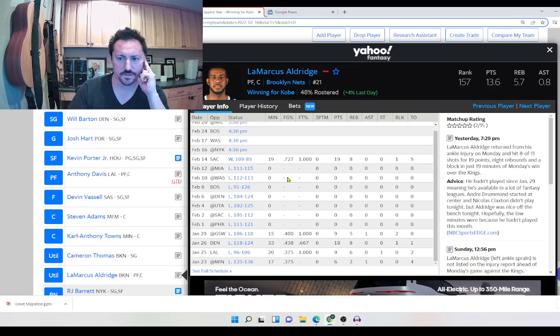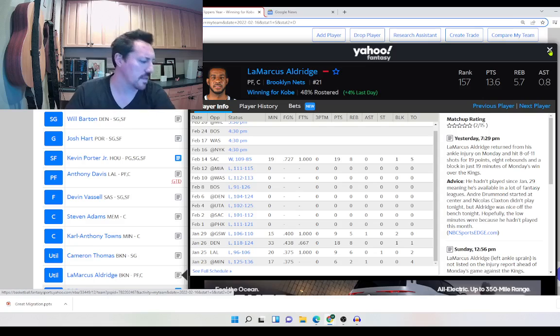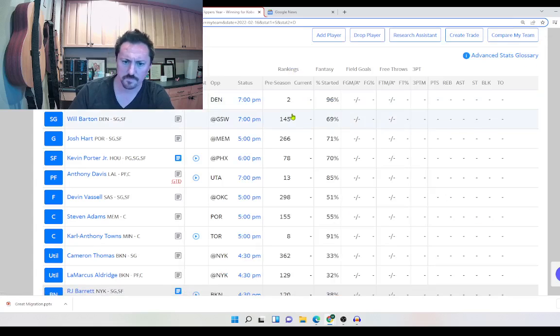I don't see his minutes going up or anything, especially with Drummond getting the starting position. Steve Nash could just be messing with it too. Like he could start Claxton more, but Claxton is more of a kind of alley-oop guy. He's not really someone who has his own shot. I think moving forward, the Nets are going to rely on Aldridge a little bit more. They might play him even next to Drummond because Drummond is a guy who's in the middle a lot. LaMarcus has a bit of a mid-range shot. So anyway, I like this pickup for my team. I think it's going to be good long-term as well.